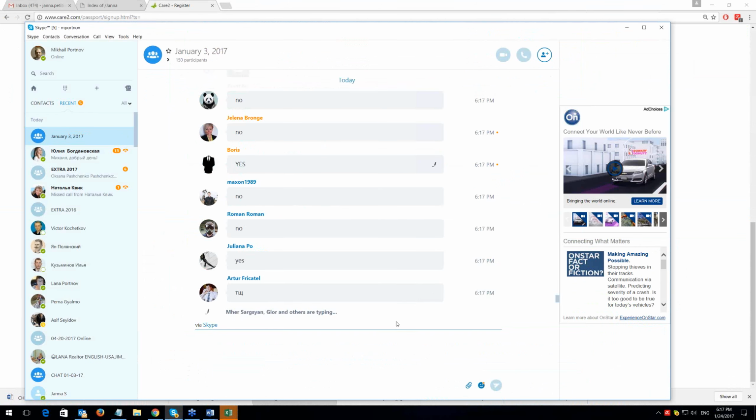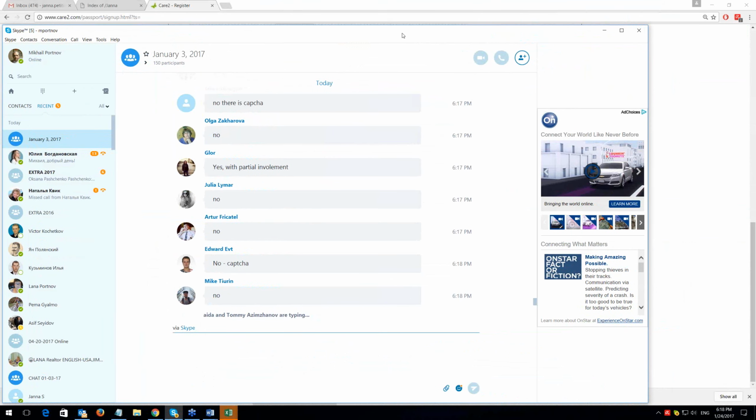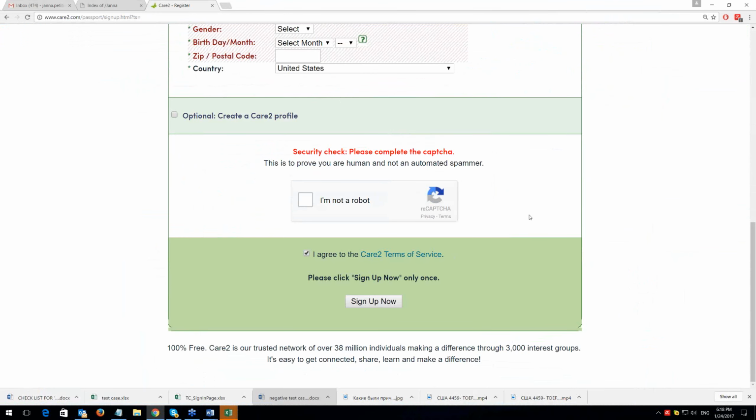Absolutely no. Because the CAPTCHA is dedicated. The purpose of the CAPTCHA is that we cannot create a script and run it 10,000 times and automatically create 10,000 users. You manually have to check this checkbox to prove that this is not a robot.